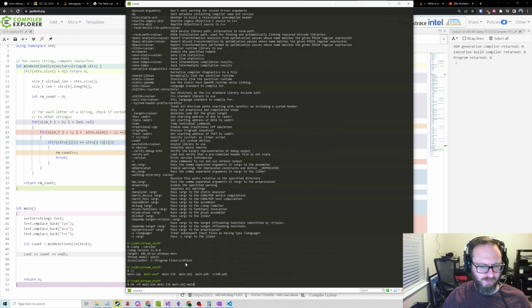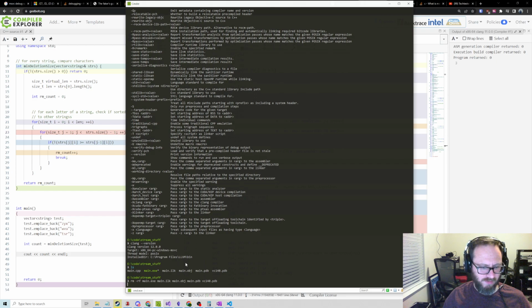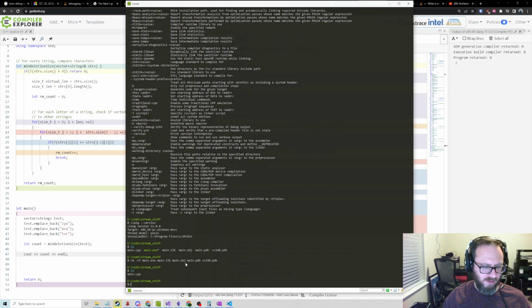I don't know enough to do this from the command line, to just delete everything except main.cpp. I'm sure there's a smarter way to do this from the command line. Okay. So if we do Clang,